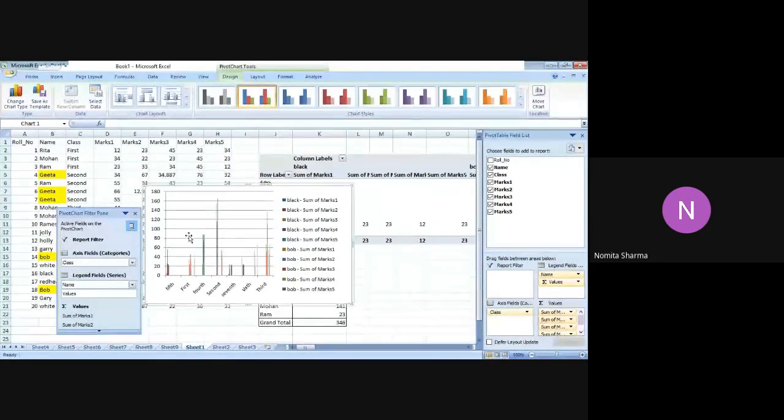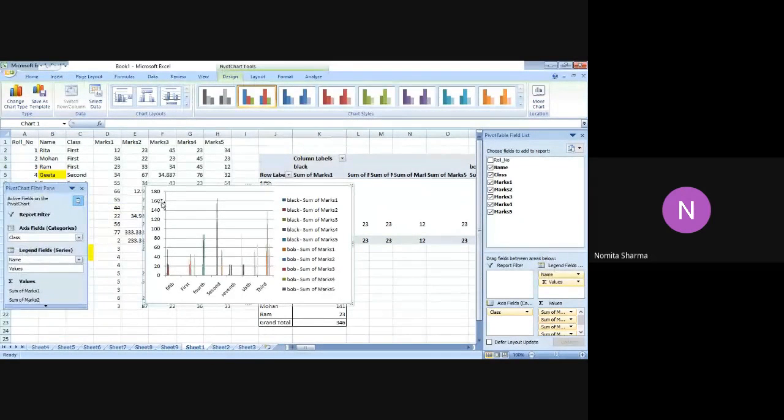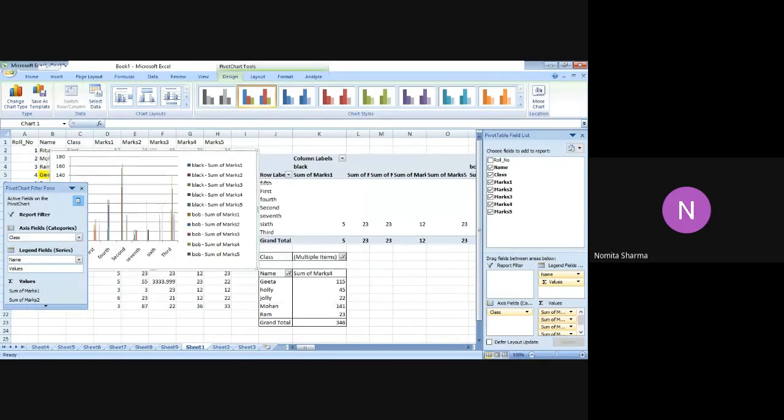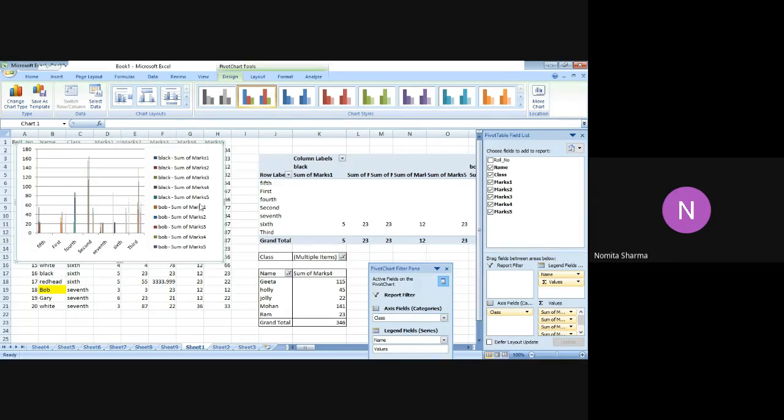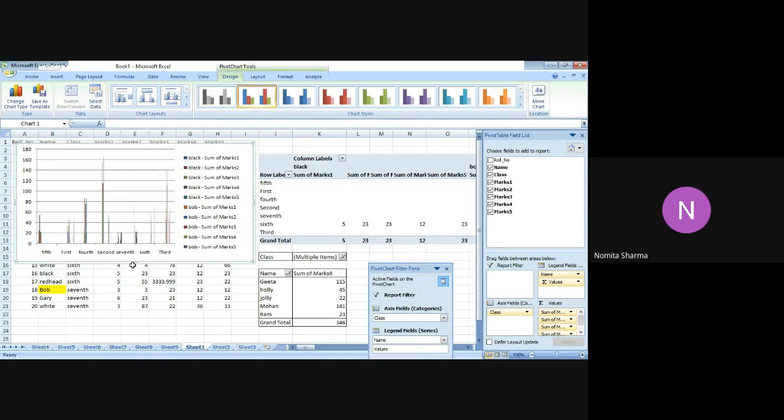Did you see? Along with the table, I got this chart with me. I think it's now visible. So let me just expand the chart so that you can analyze what you have got.